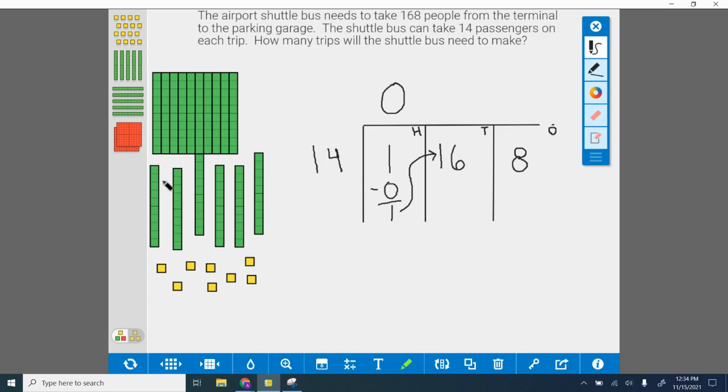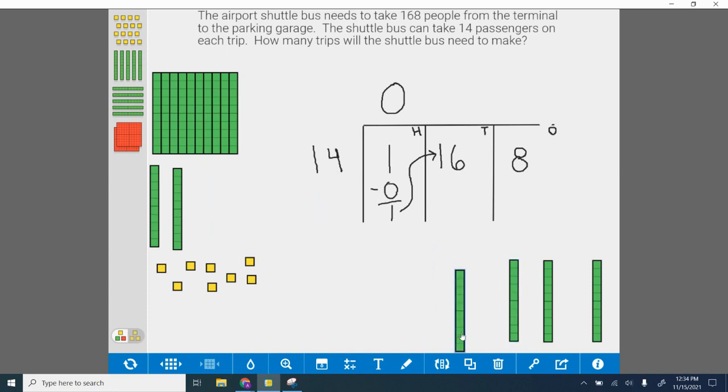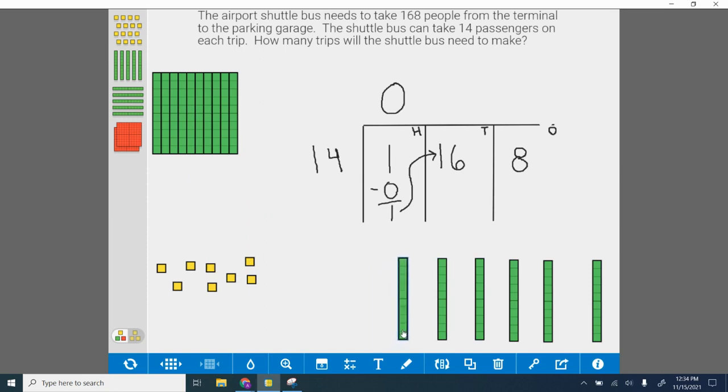So now, do I have enough tens to place tens in each of the 14 groups? Yes, I do. So let's see how many. So there's one group of 10, two groups of 10, 3, 4, 5, 6. I have 6 groups of 10,